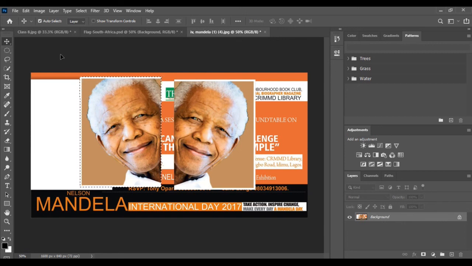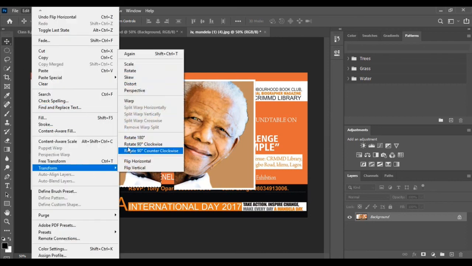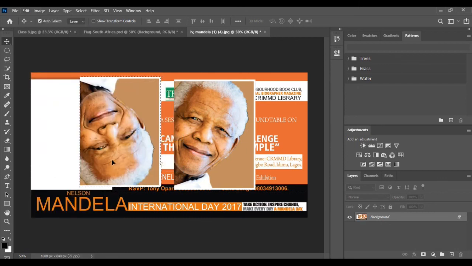To rotate the selection, choose rotate 180 degree, 90 degree clockwise, counterclockwise, as per your requirement. So you can also use the rotate option to rotate your image. Next is cropping the image.